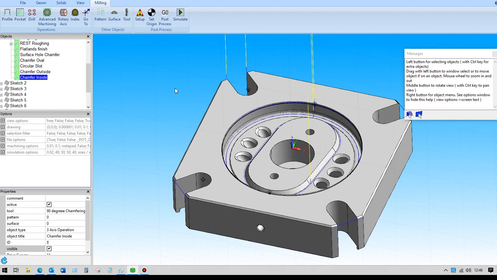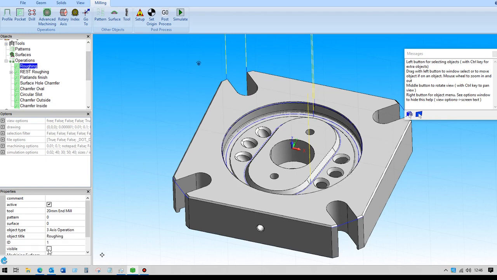Okay, in this last video we'll simulate all of the toolpaths. Now whether they are visible here or not, it doesn't make any difference so long as they're all active. So if I just check that they're all active, and I believe they are, then when we simulate that,